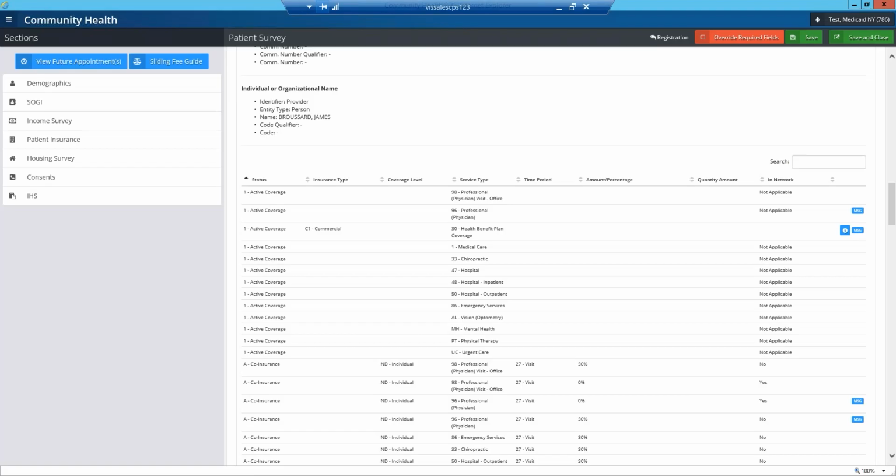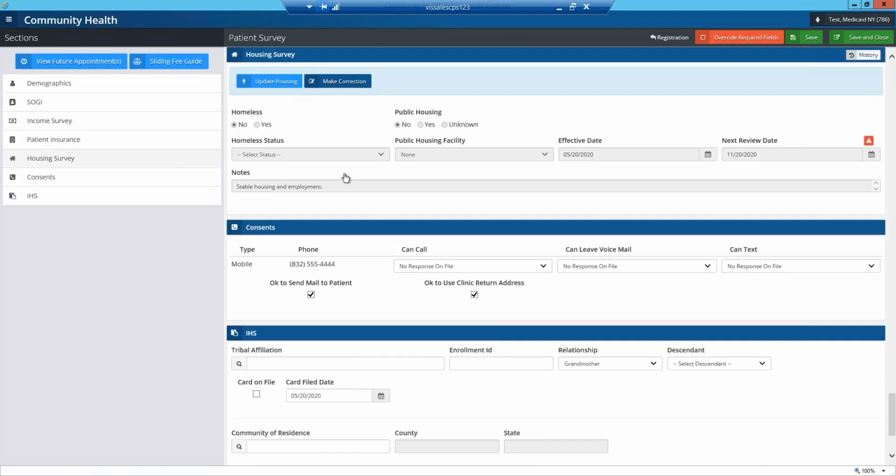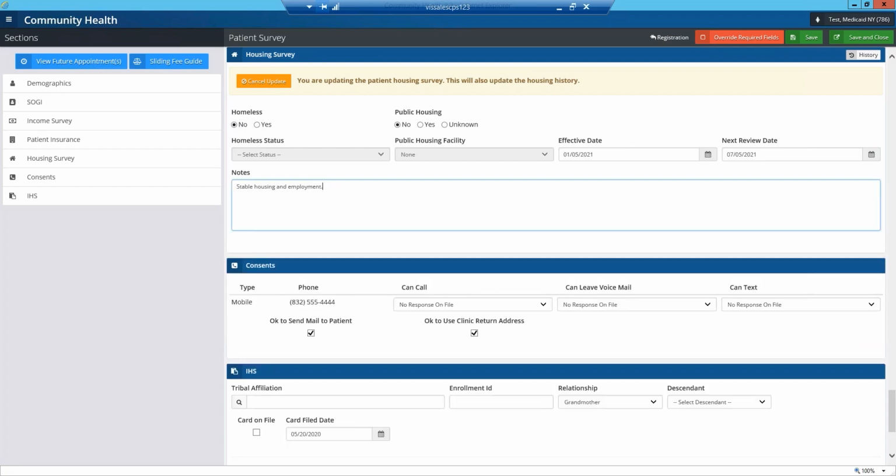And it tells me that, again, I have housing survey. So I can go ahead and click on my housing survey. And I can update because it's asking me to update. And I can again say no. I can see stable housing and employment. And if I wanted to put a date here, January 5th, 2021,